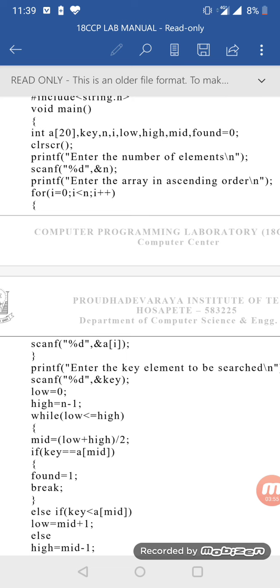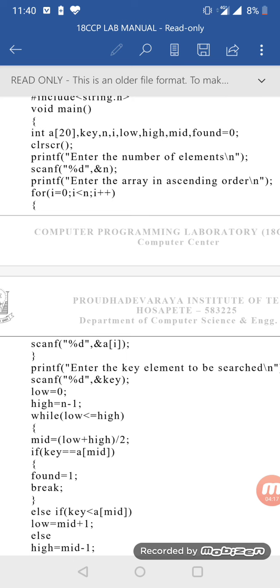Hence we are taking i less than n. If you want to store 5 elements, the last index will be 4. That is, we are storing the elements from a of 0 to a of 4. And the last one is i plus plus, that is the increment.